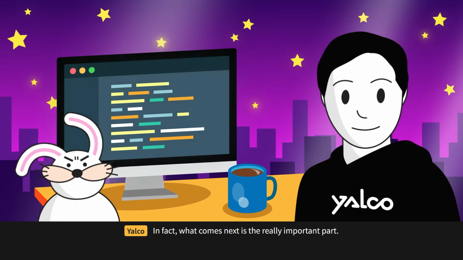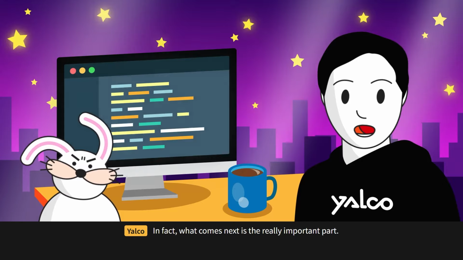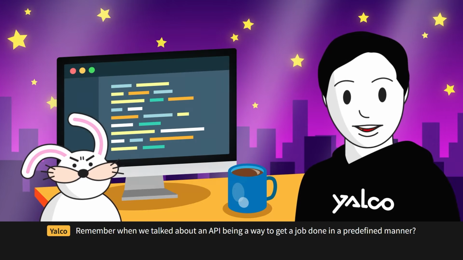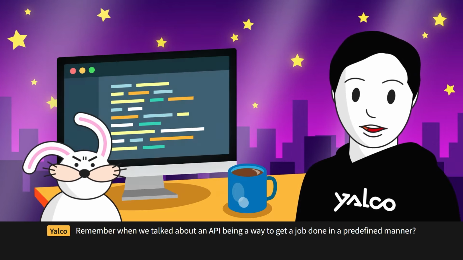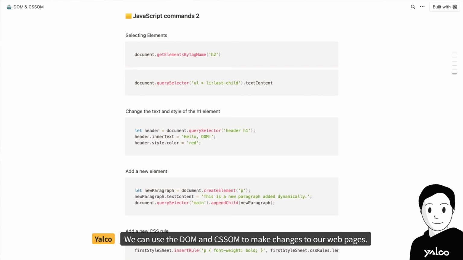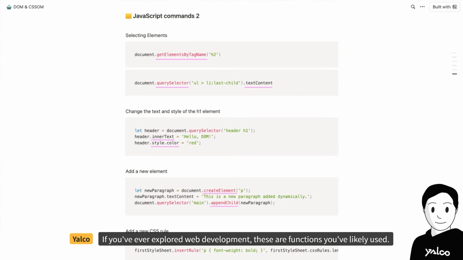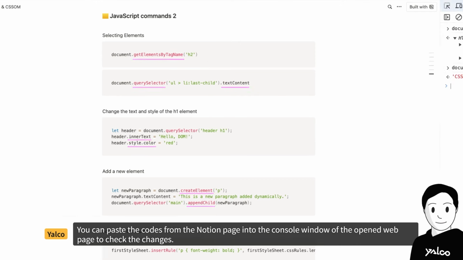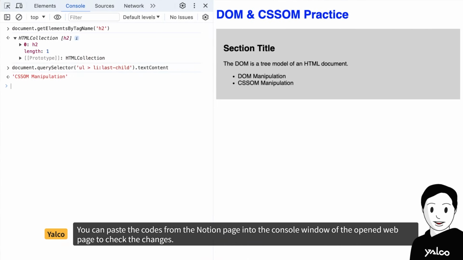In fact, what comes next is the really important part. Remember when we talked about an API being a way to get a job done in a predefined manner? We can use the DOM and CSSOM to make changes to our web pages. If you've ever explored web development, these are functions you've likely used. You can paste the codes from the Notion page into the console window of the opened web page to check the changes.